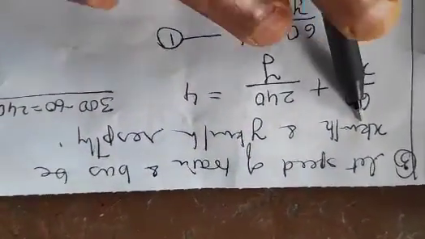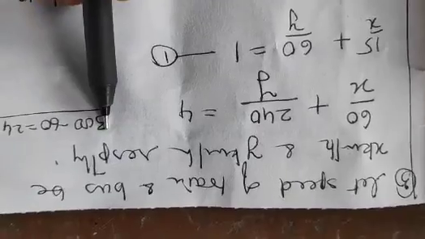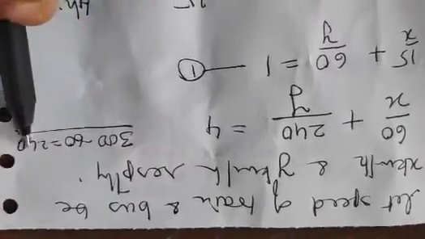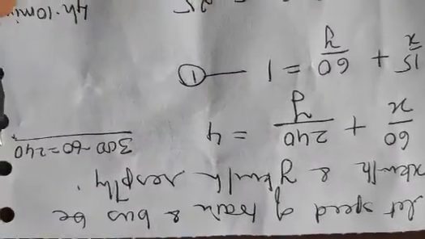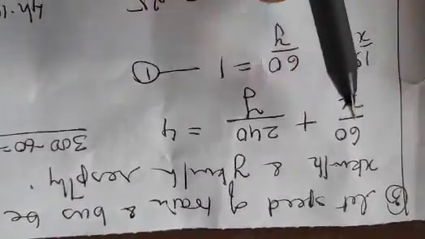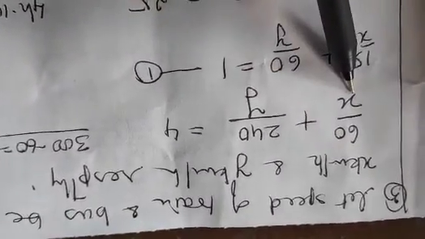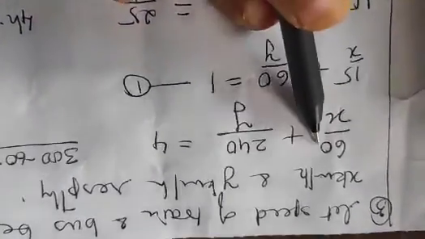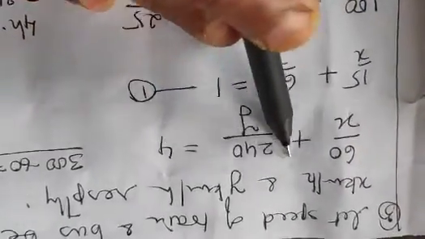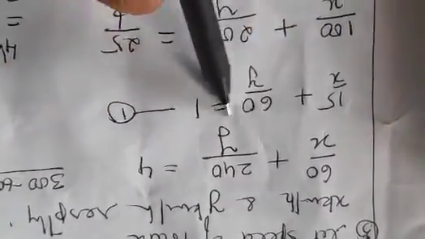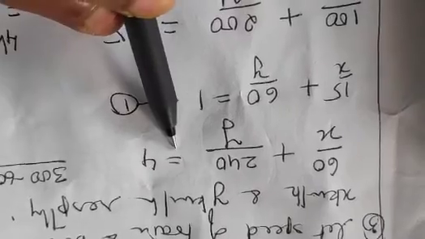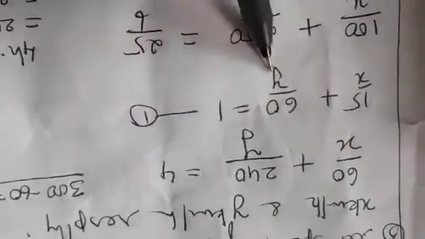Here, let the speed of the train and the speed of the bus be respectively x kilometers and y kilometers per hour. Okay. The first thing given to you, I told you, is 60 km by train and remaining by bus. So remaining by bus means you have to write and show that 300 minus 60 is 240 remaining. So 60 km by train, distance upon speed will be time. If speed is distance upon time, then distance upon speed will be time. So this will be the time taken by the train. This will be the time taken by the bus, 240 km upon y. Clear? Distance upon speed. Total how many hours? 4 hours. Now you take out 4 common, so 15 upon x plus 60 upon y is 1.